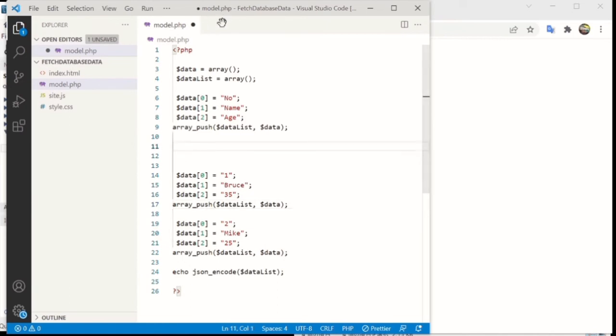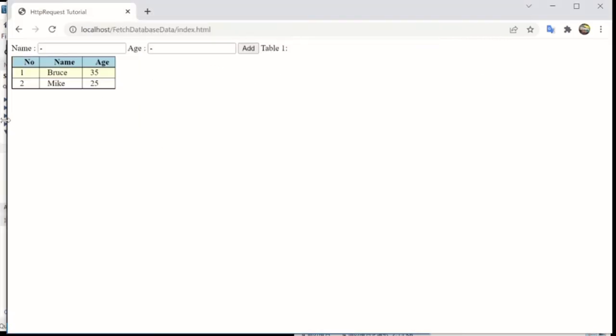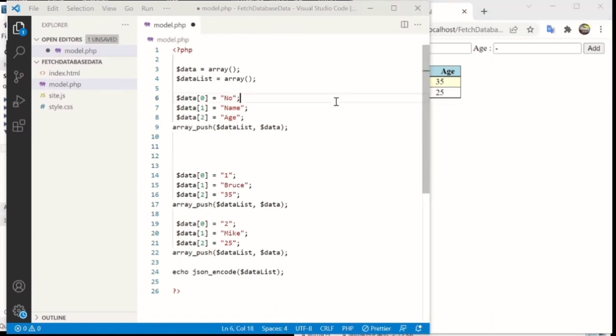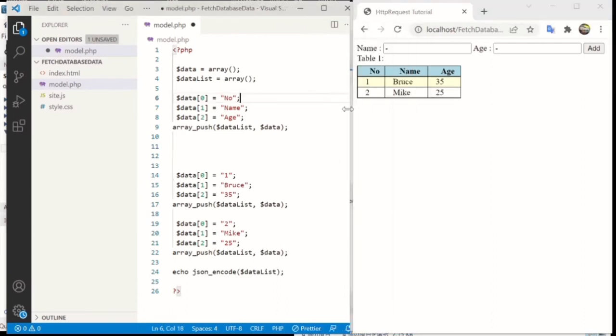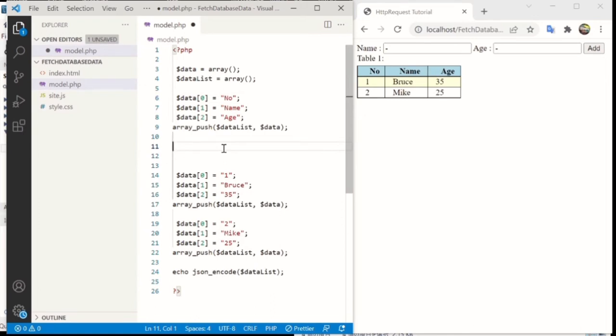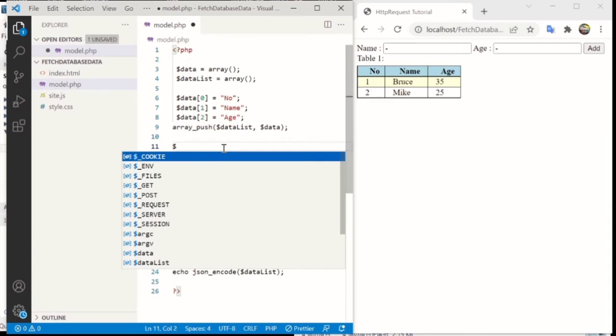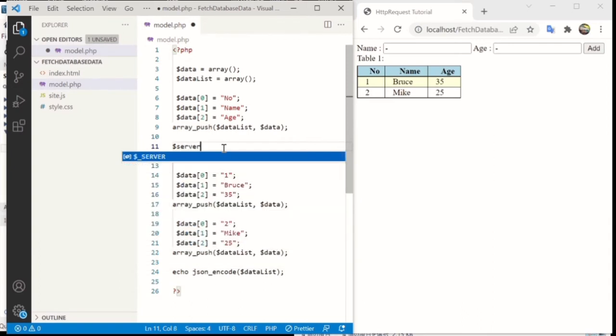So now I'm going to let me put this beside this code here. So now I'm going to write this PHP code to fetch the data from the MySQL database. So first we need to set this. We need to let the system know the server name. So the server name is localhost,